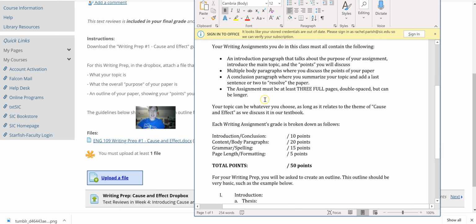Your writing assignments have to have an introduction paragraph where you explain the purpose of your assignment, what your topic is, and the points or each part that you're going to talk about. Multiple body paragraphs. If there's one thing I don't like, it's a 5-paragraph essay because it's basic, and because more often than not, your paper is going to have more than 5 paragraphs.